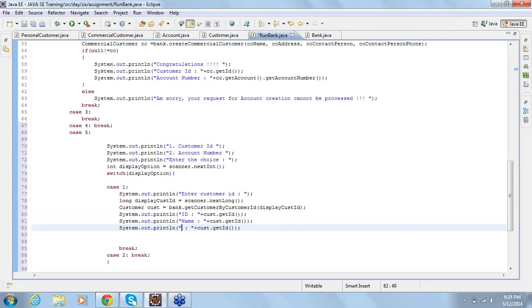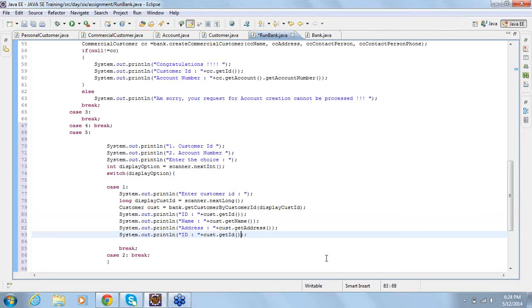Got a name, address, then comes here the account number.